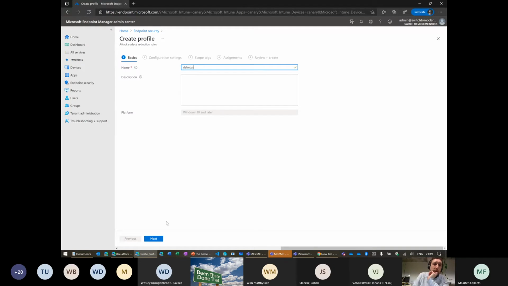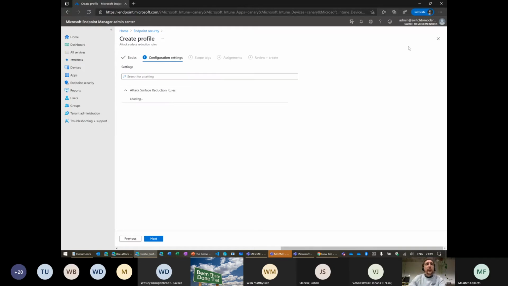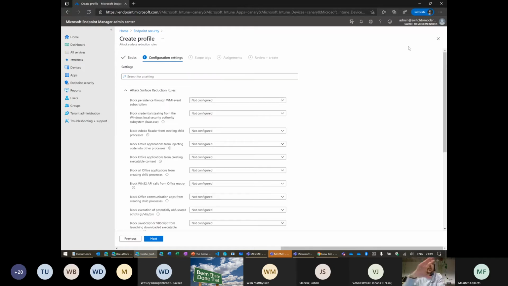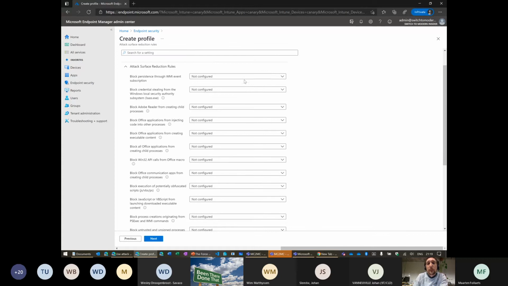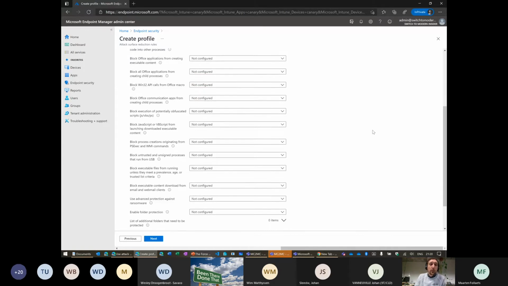You give the child a name there, and you will have all your settings here. What can I advise you to deploy this? Definitely, but don't deploy it in block immediately. Make sure you do it in audit mode first for all settings, deploy it organization-wide, and you can, after a while, run a query in MDATP to see what you can block and what you cannot block. But this is how easy it is to deploy it.